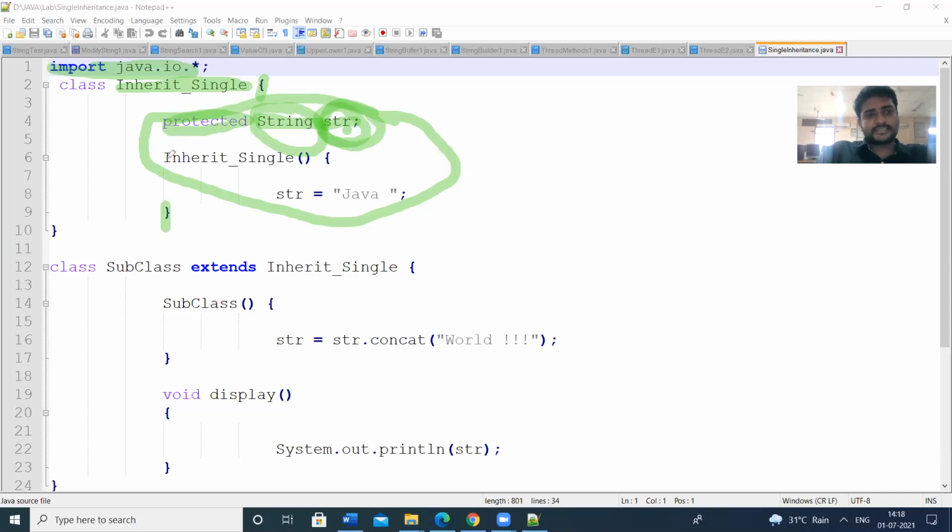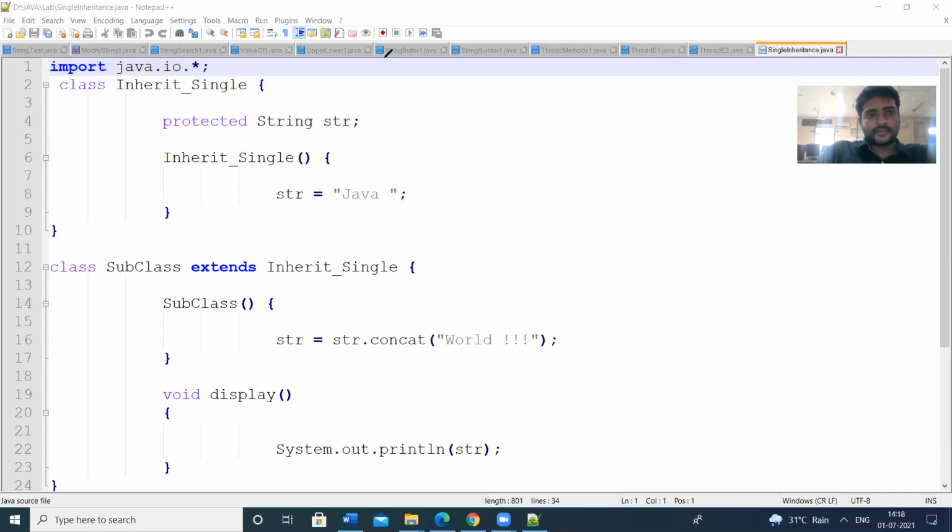Next, I am defining a constructor. That means class name. See, check here. The class name as well as the constructor name is same. The main purpose of a constructor is to initialize the variable. So I have defined the variable string.